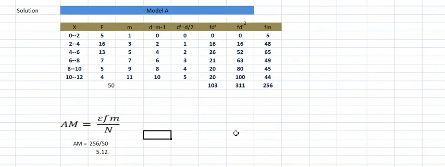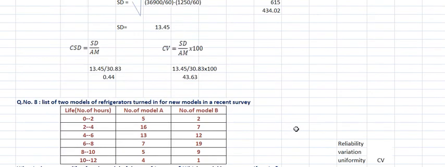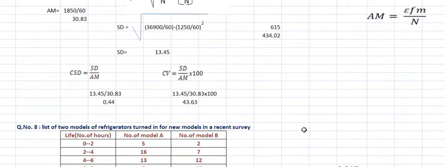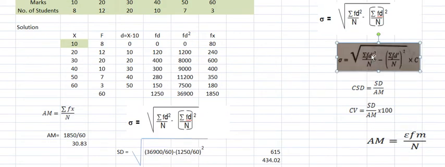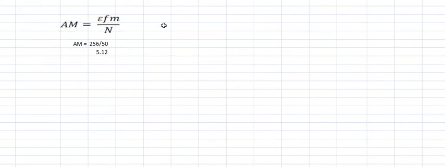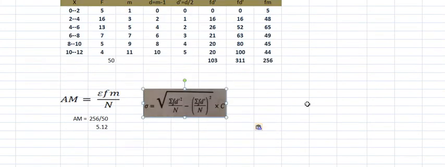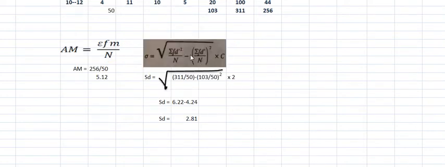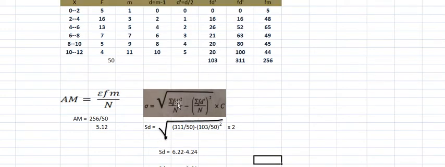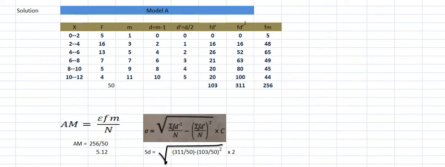Now we need to apply which formula? Standard deviation. I think the standard deviation formula is here. This was your standard deviation formula. So apply the standard deviation formula now. Standard deviation equals, right, root of, what do you have to apply? Root of. See the values here now in the formula. I will show them one by one. What is FD dash square here? See, the total of FD dash square is how much?